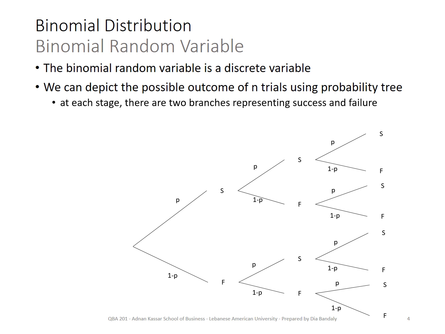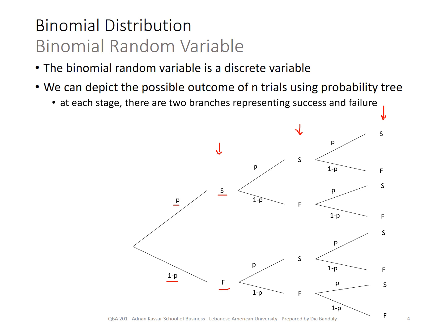3 trials. I'm showing you 3 trials here. This is the result of the first trial, and these are the possible results of the second trial and the third trial. I don't know about that experiment, but I know that there's either a success or a failure, and we know that the probability of a success is p, and of course the probability of the failure is